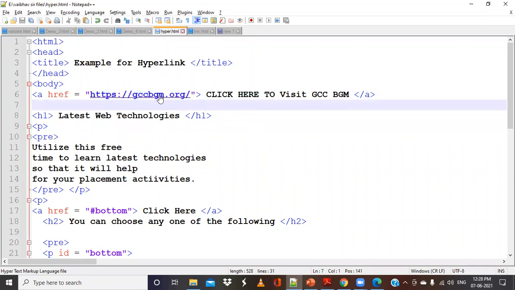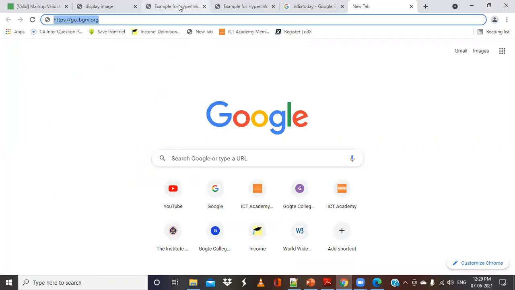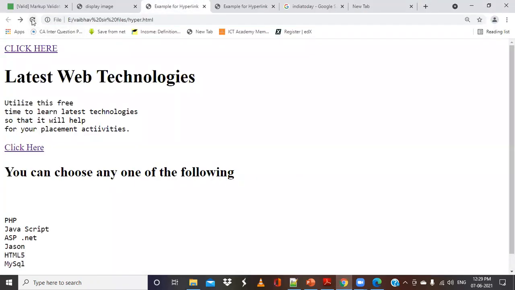Okay, so this is a real-time URL. So I will open this. If I click on this, what will happen? From hyper.html, which page will I be navigated to?